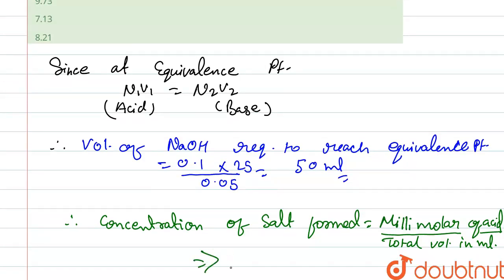So if we put here, that is 25 into 0.1 upon 75, right,